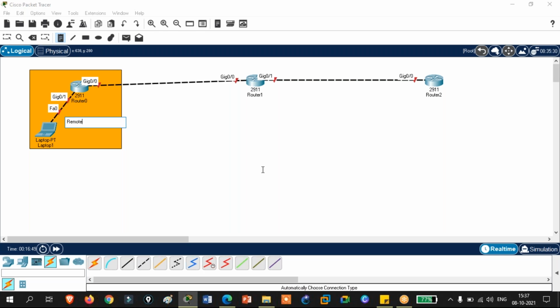Have you taken remote access by TeamViewer, AnyDesk or something? No, sir. So just do one thing: install AnyDesk on one of your laptops and on a friend's laptop. You will get a key at your side, and your friend will also get one key.